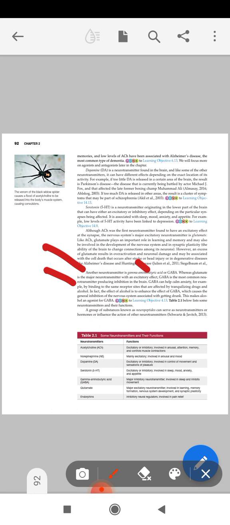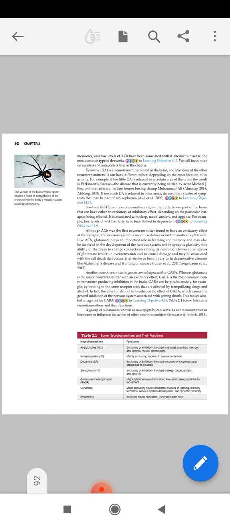action potential. GABA can help calm anxiety, for example by binding to the same receptor sites that are affected by the tranquilizing drugs and alcohol. In fact, the effect of alcohol is to enhance the effect of GABA. Alcohol will work as an agonist to the GABA, because GABA is also